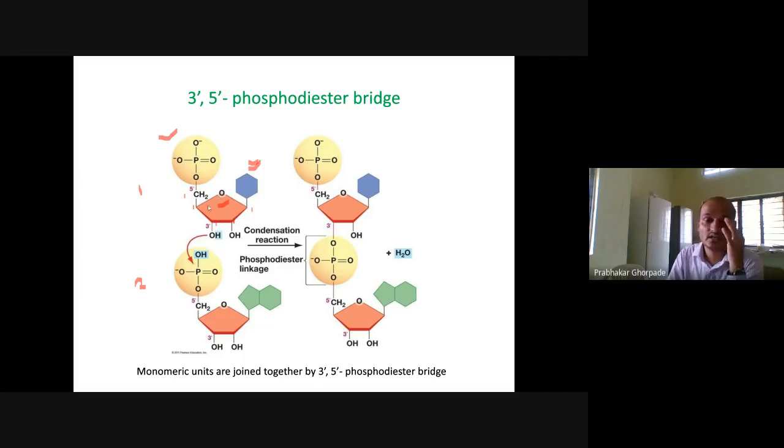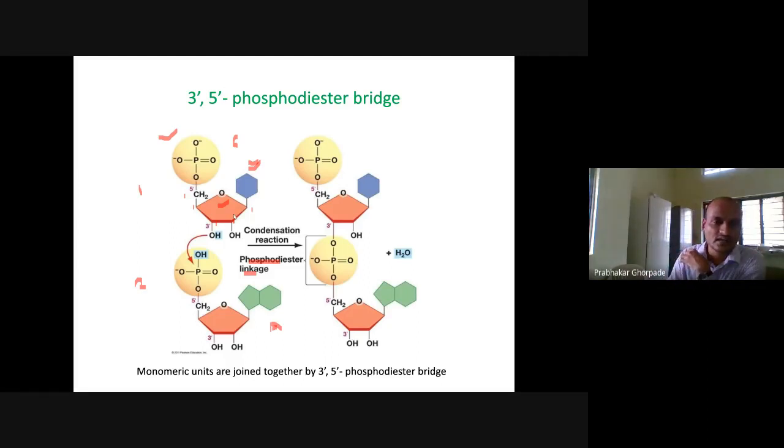So how is a general nucleotide being joined? This one is for example AMP, this one is for example CMP, and this one for example AMP. These nucleotides can be joined together after a condensation reaction as a phosphodiester link. So the first nucleotide and second nucleotide join with the help of the phosphate group. It will join the 3' end of one sugar with the 5' end of the other sugar. And in this condensation reaction, a water molecule is removed. So this one is a phosphodiester bond, a 3', 5' phosphodiester bond.